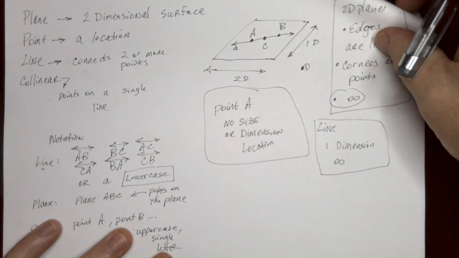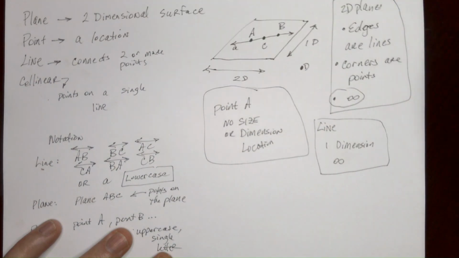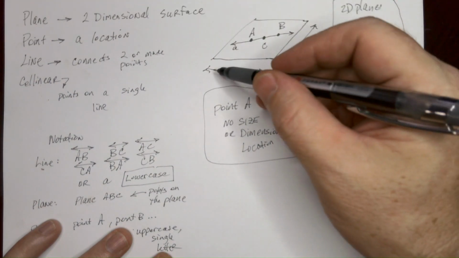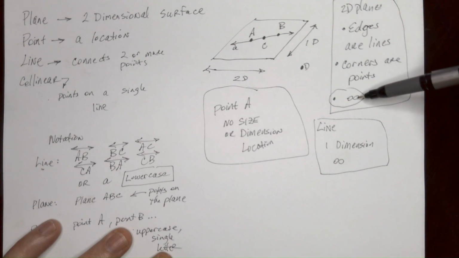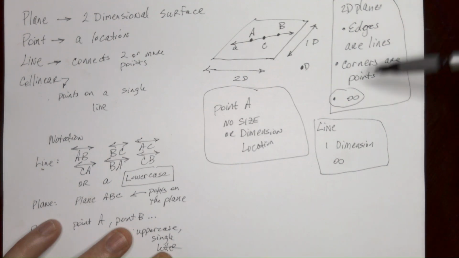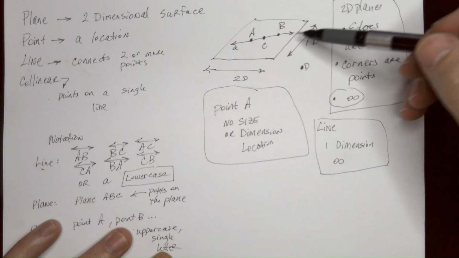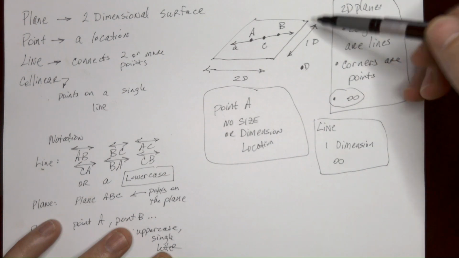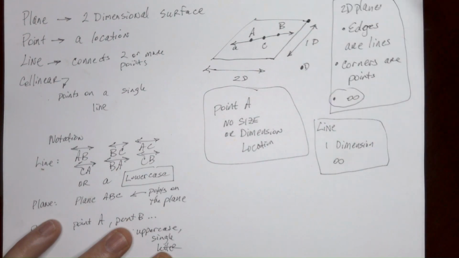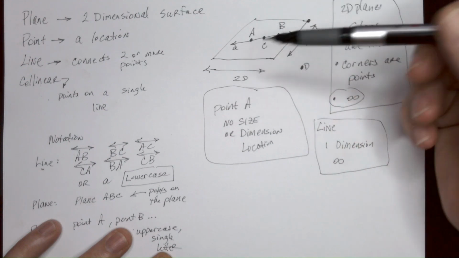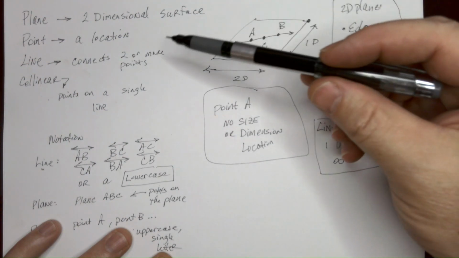A plane is just a flat surface, kind of like a piece of paper. It's got two dimensions, like back, forth, left, right. It's infinite in both of its dimensions. If you draw one, the edges are lines and the corners, like this, are points, right? Now, we're going to talk about how the notation works in just a second, but before we do, let's talk